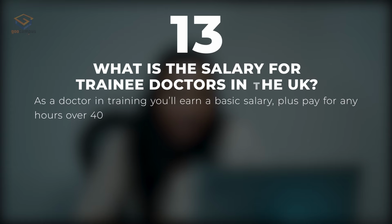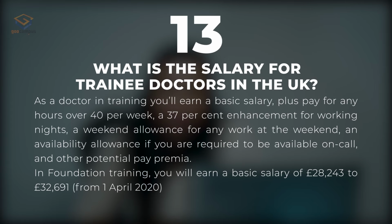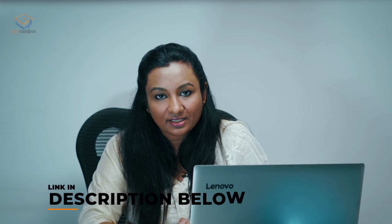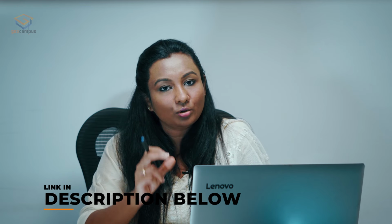So as a trainee doctor, you will earn a basic salary plus pay for any hours over 40 per week, a 37% enhancement for working nights, a weekend allowance, and other details as you can see on your screens now. In foundation training, you will earn a basic salary of £28,000 to £32,000 per annum. And if you're a doctor starting your specialty training in 2020, then your basic salary varies somewhere between £38,000 to £50,000 per annum, which you can see on the screens now. This is taken from the official NHS website